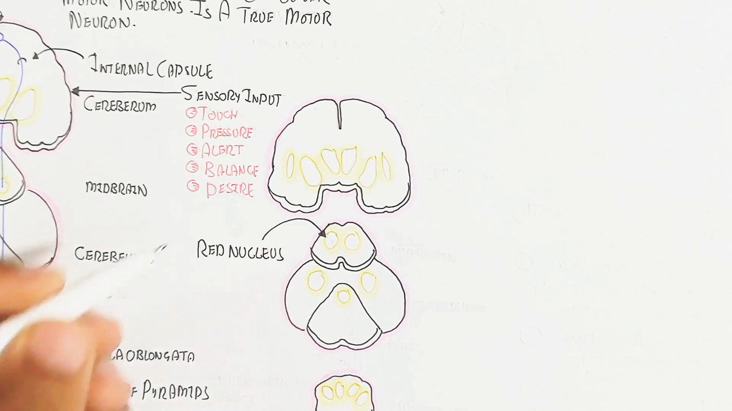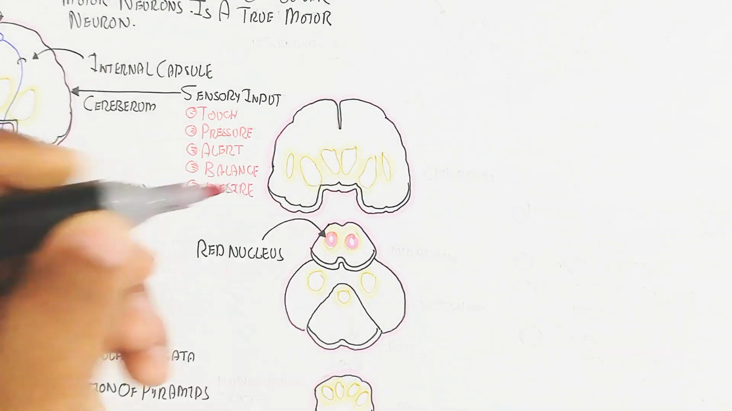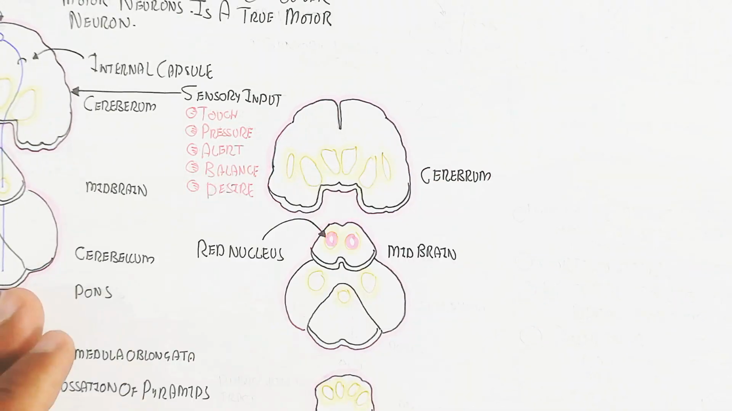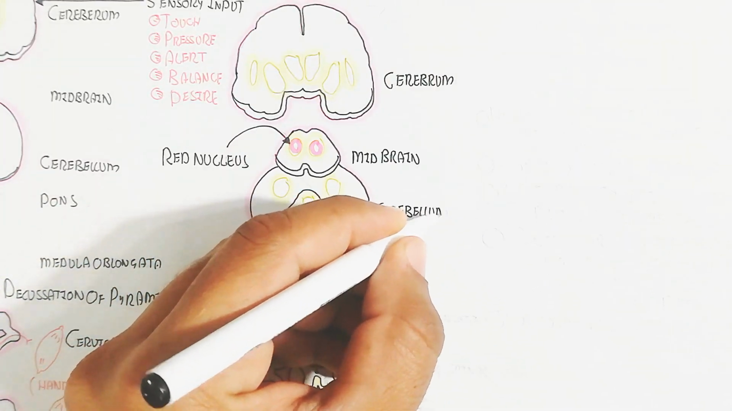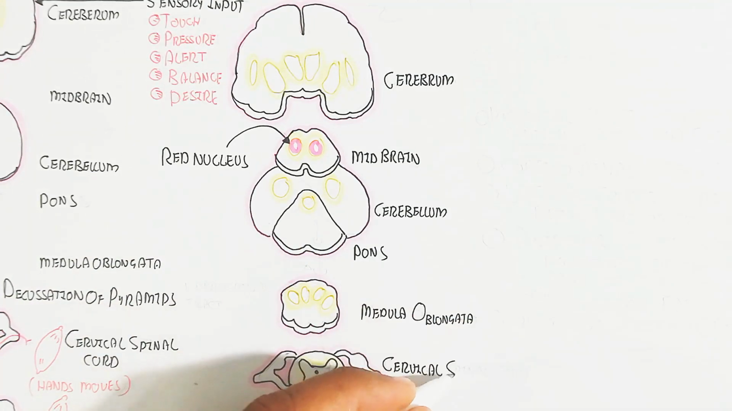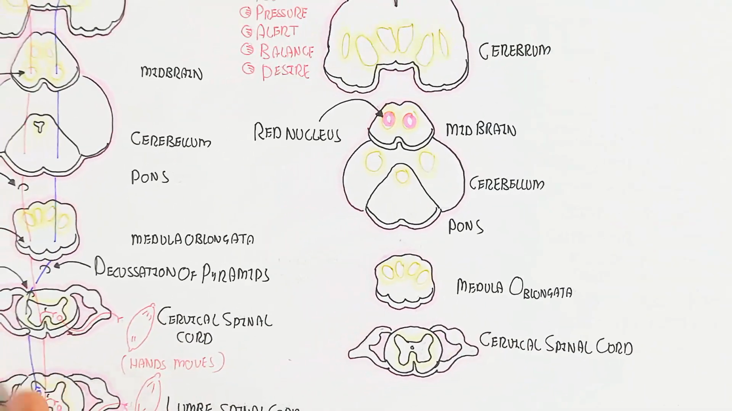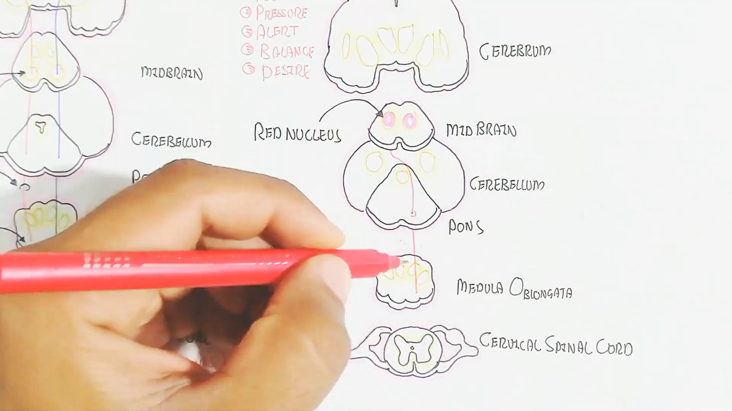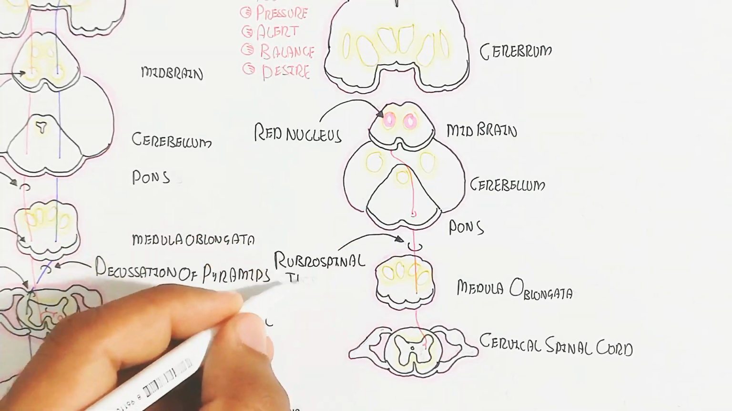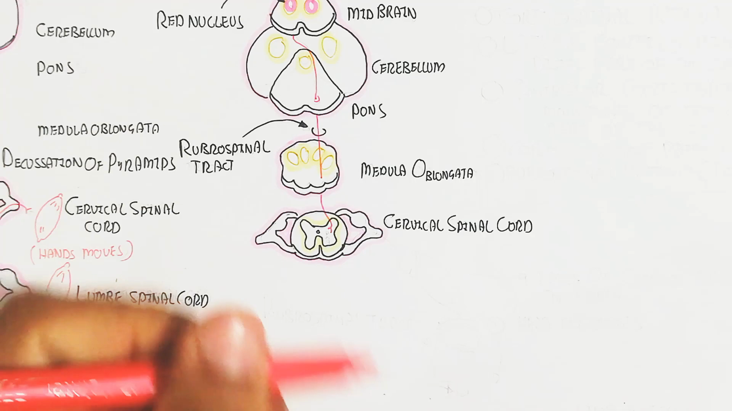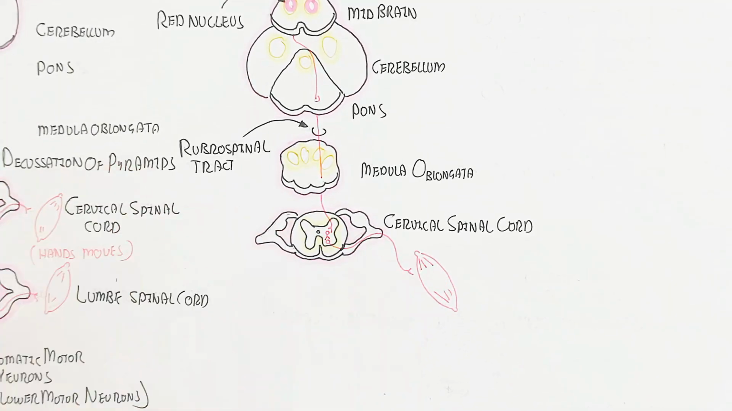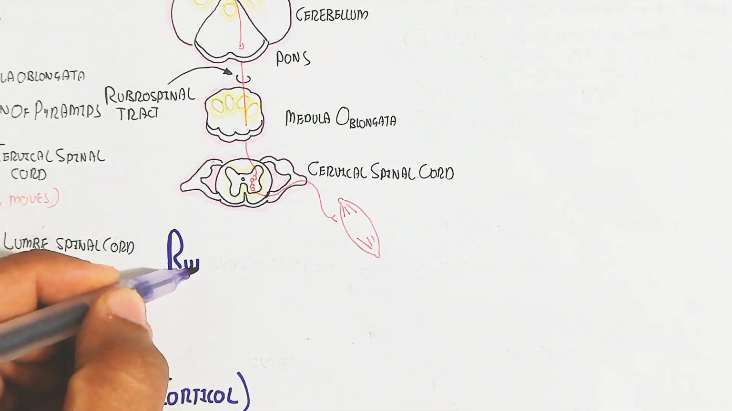This is the rubrospinal tract. You can see the red nucleus is present in the midbrain. Remember, the midbrain contains the red nucleus, which gives rise to the rubrospinal tract, the descending upper motor neuron. This descending upper motor neuron carries the nerve impulse toward the cervical spinal cord. In the cervical spinal cord, the interneuron will lead to the lower motor neuron, actually the true motor neuron, which will